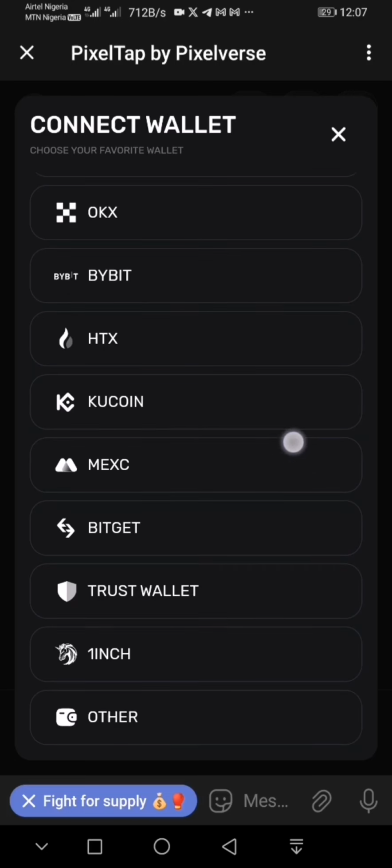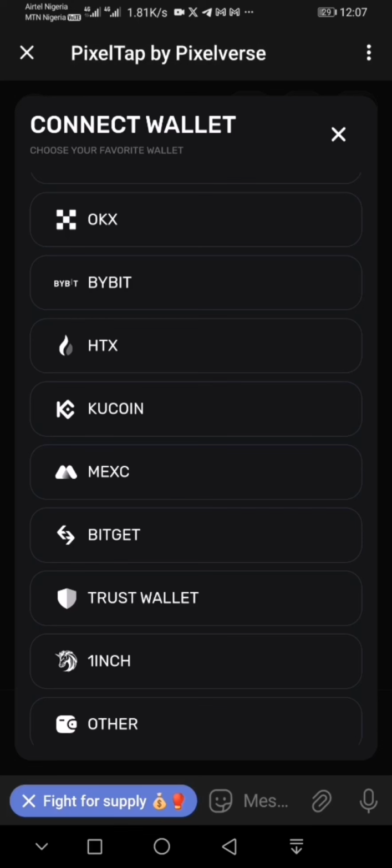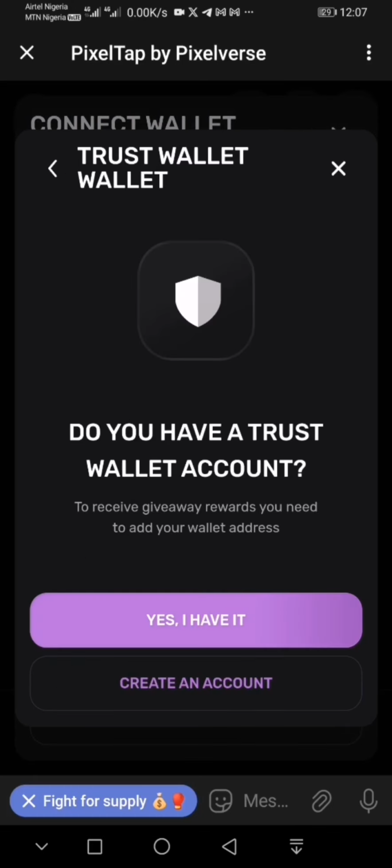Then it's asking which wallet you want to connect. You can choose any one, depending on the one that is okay with you. But if you're a beginner, I would advise you go with either Bybit or Trust Wallet, as they're very easy to connect. So for now, I'm going to select Trust Wallet. Then it says, do you have a Trust Wallet account? If you don't have, just click on create an account and it will prompt you through how to create a Trust Wallet account. If I click on it, for example, now,